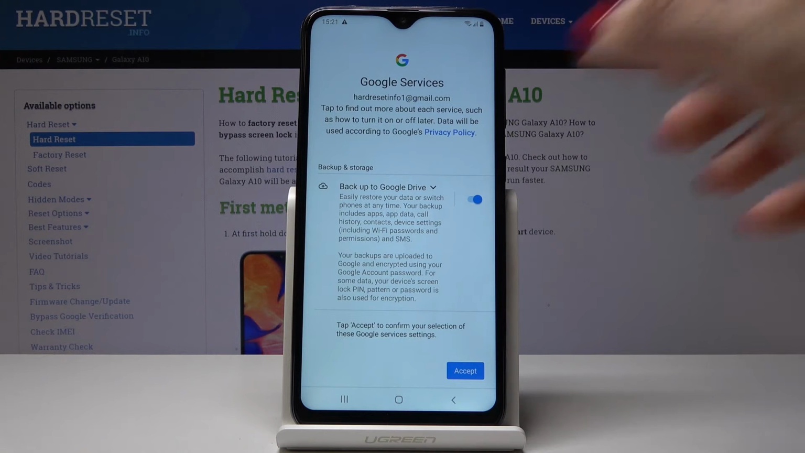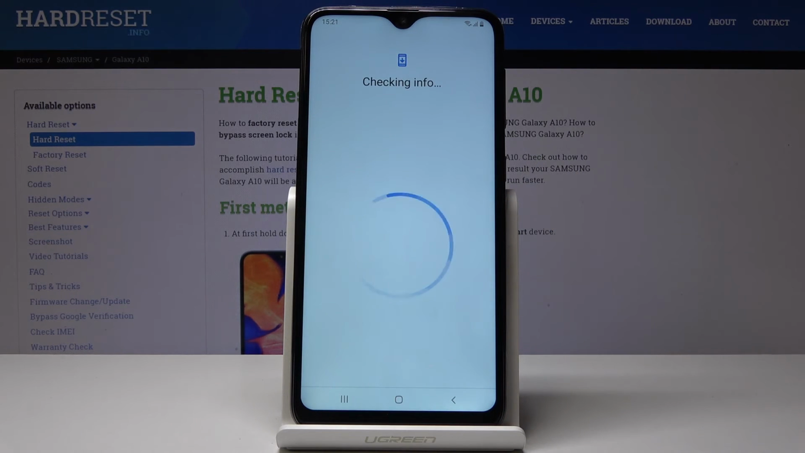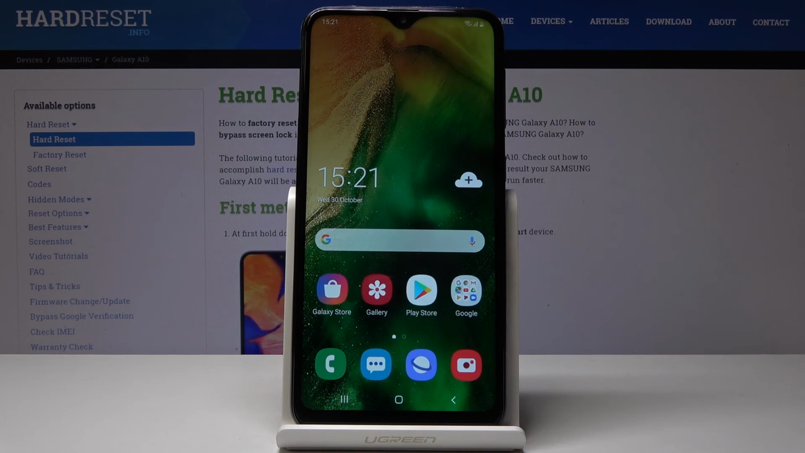And here you've got some more functions from Google, like backup to Google Drive. Click on accept to confirm it. And that's it. As you can see, you've got this Google account assigned to your Samsung Galaxy A10, and that will be all. This is how you can add and remove Google account on your device in